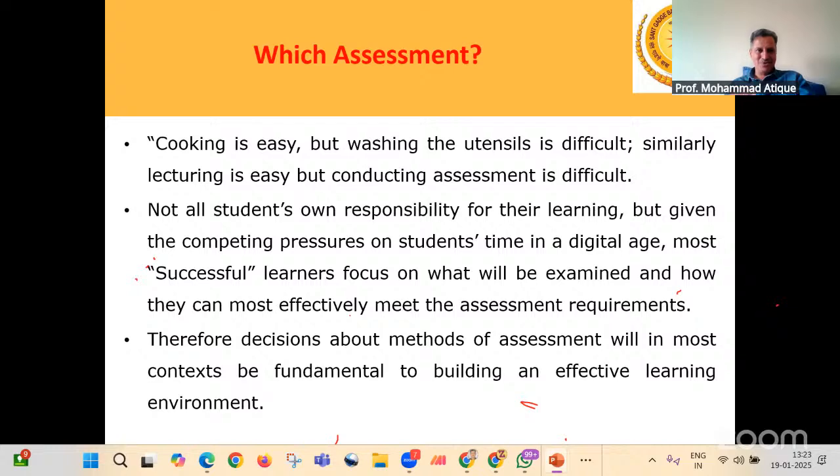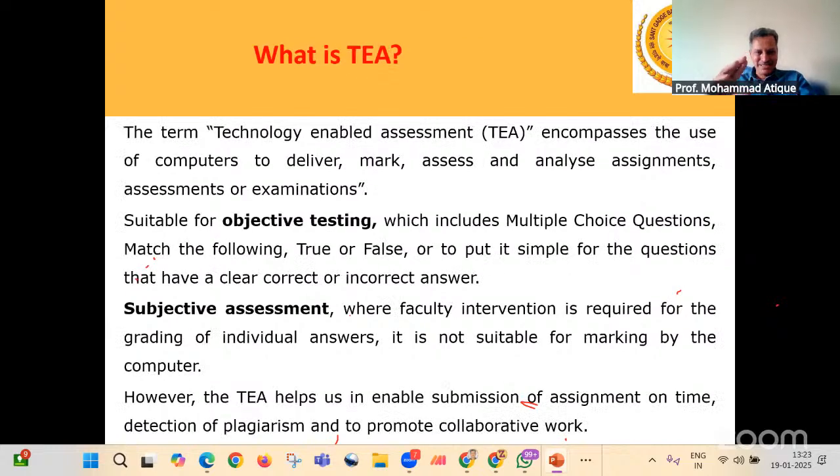Now we'll move ahead with our today's deliberation, which is basically on technology-enabled assessment, or TEA in short. It's not tea time, but we will have some discussion on tea. So what is it? It encompasses the use of computers, particularly ICT, for testing the students, maybe objectively or subjectively.